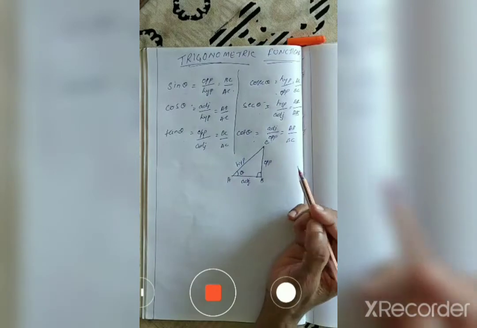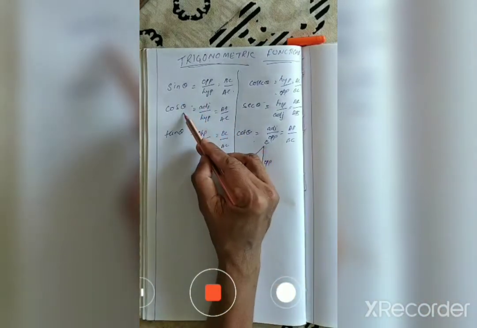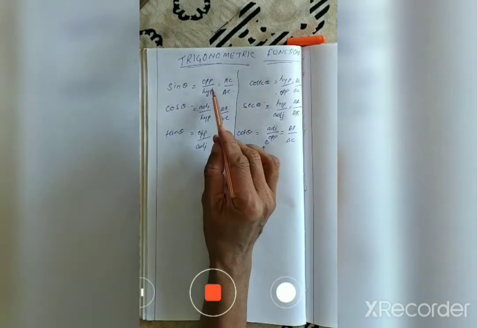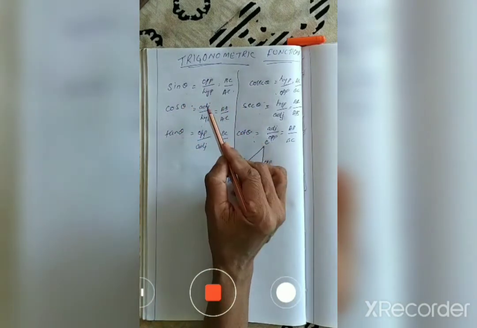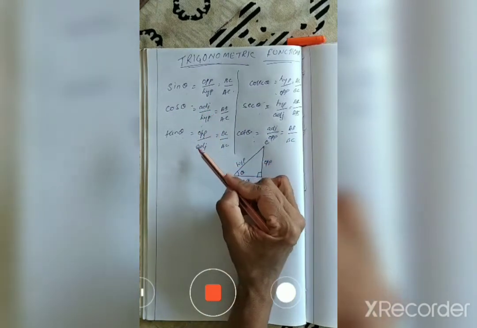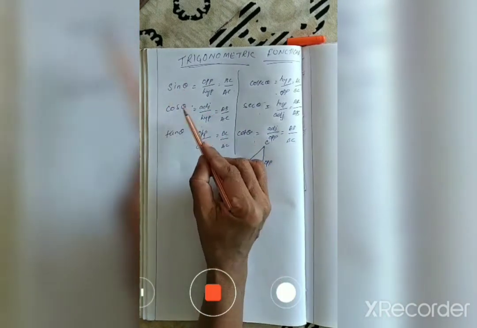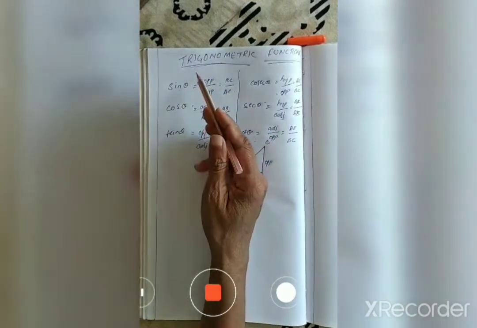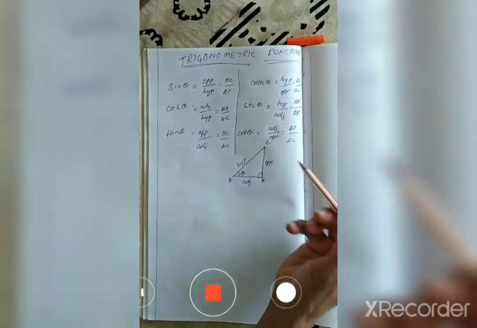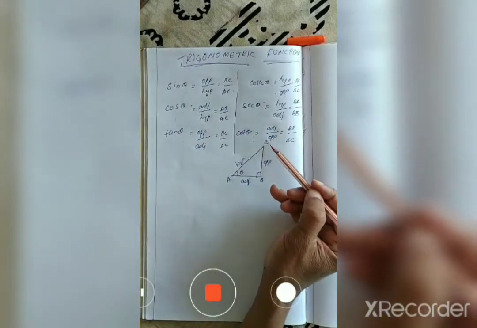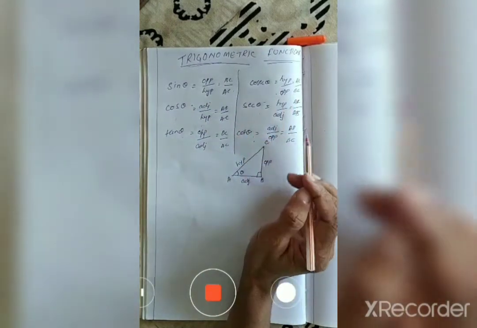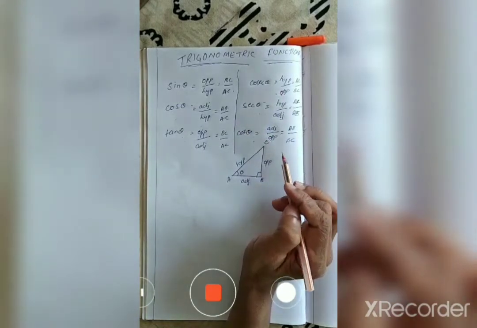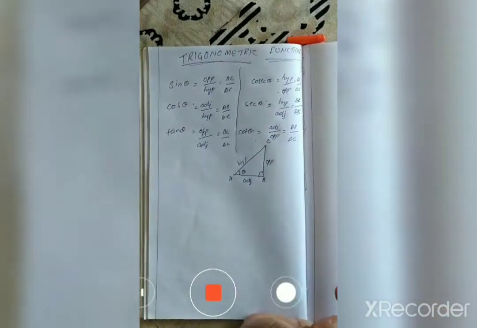Next, the relation between sine, cos and tan is sine theta by cos theta is tan theta. You can observe here, if you divide one by the other, the hypotenuse cancels and you get opposite side by adjacent side, which is nothing but tan theta. Similarly, if you take the reciprocal of that, it becomes cos theta by sine theta. It is the reciprocal of tan theta, it is cot theta. These are the relations and main 6 trigonometric functions. You have studied about these in earlier classes.